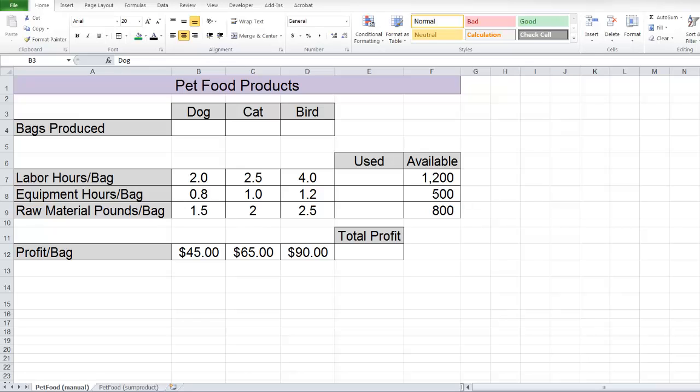In this example, I want to talk about model formulation in Excel. So what do I mean by a model? Well, a model consists of mapping inputs to a desired output. So in this particular example, our inputs would be the number of bags that we produce of dog food, cat food, and bird food. The outputs that we're actually interested in calculating would be the labor hours that are needed